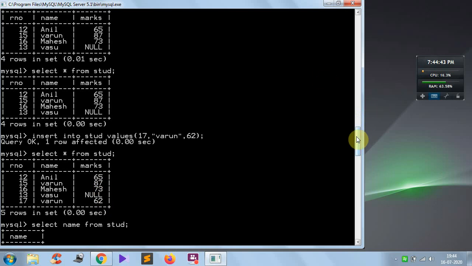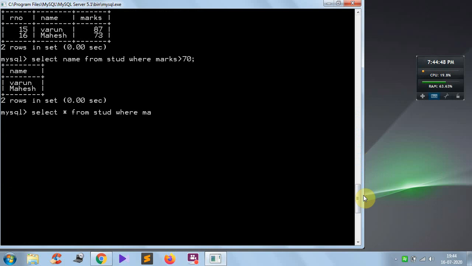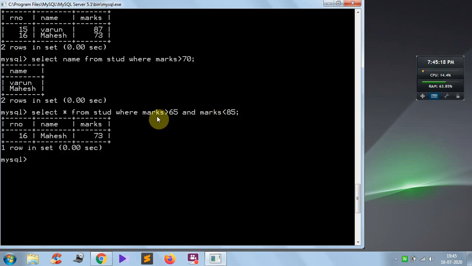Two conditions I want to give. Where marks greater than 65, that is the first condition. I am using the keyword and, and marks less than 85. So here the rows should satisfy both the conditions, because here I have placed and. And means both the conditions should be satisfied, means the rows which are satisfying both the conditions will be fetched and displayed.